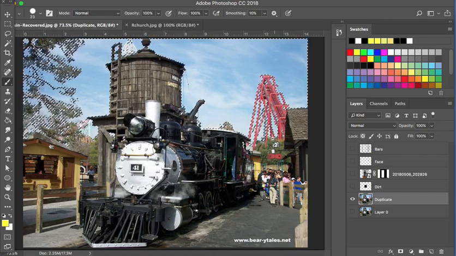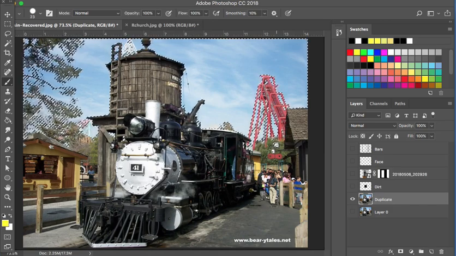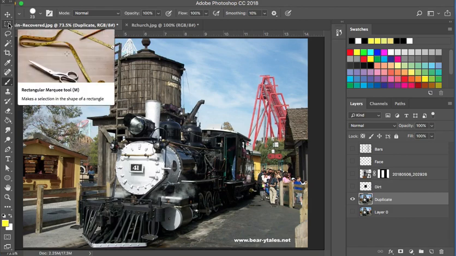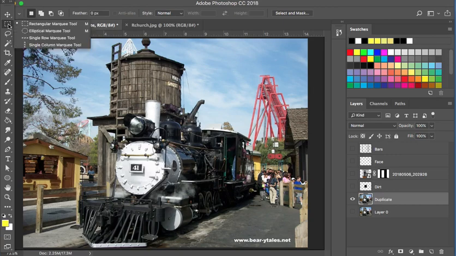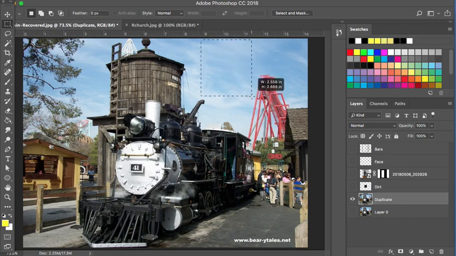All right, I promised you one other method of selection, so I'm going to deselect what I've done and show you the next method. The next method is a selection tool, which is one that I will show you in the future as well of this assignment, the rectangular marquee tool. Now there are other selection tools like the elliptical marquee tool and single row and single column, but in this case I'm just going to make a selection of color